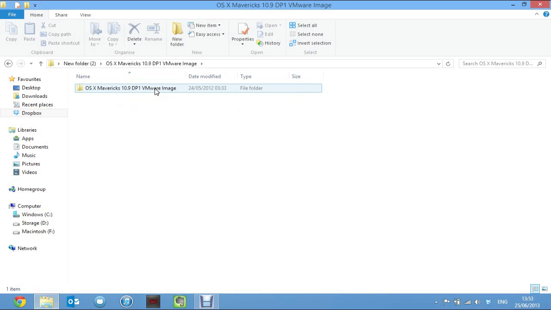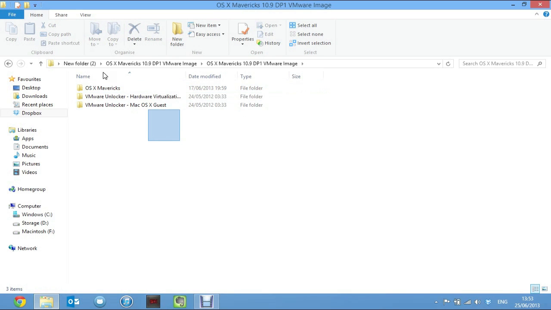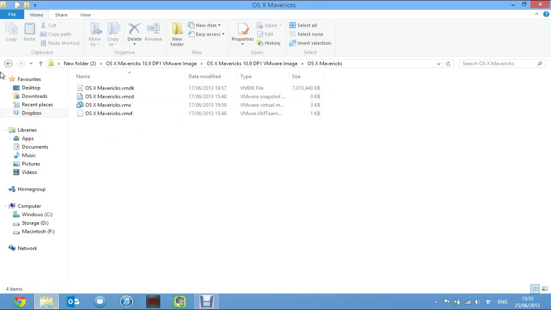And if I just go into there, you can see you should have these three folders. The top one actually contains your VMware image, which I'll go into in a second. And the second two are folders which you're going to have to use to sort out your VMware. Now, most of you will probably already know how to do these, so off you go and do what you need to do. And for people that don't know what you need to do, you need to watch the two videos that are linked in the top left and the top right of the video right now.